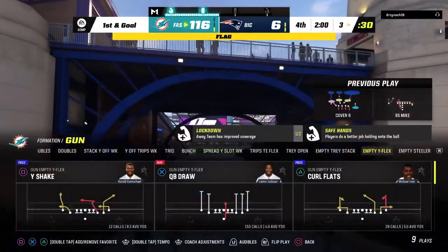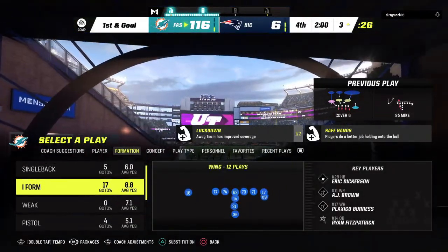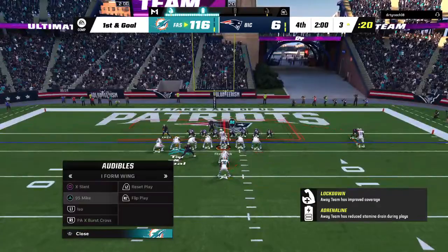So a pretty big 3rd down mistake right there. No doubt about it, and everyone's going to be upset. But they have to get out of this now and go ahead and play. They could have someone come at them in a big way on the next down. So now for